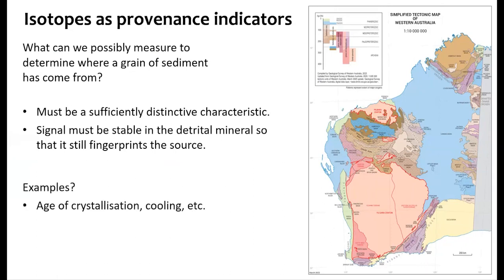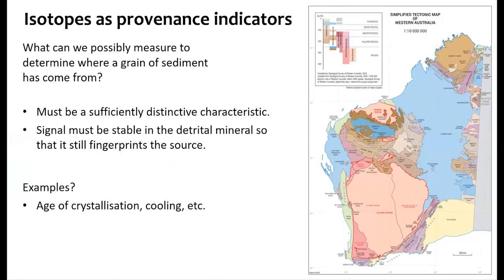So obviously some of the things we've looked at already is the fundamentals of using uranium-lead geochronology to get some sort of age of crystallization. Maybe you'll look at different mineral phases, again, the uranium-lead system, to look at maybe a cooling pathway. Maybe later on we're going to hear from Martin and hear about uranium-thorium-helium dating to get that very, very low temperature signal. But some sort of age of crystallization, cooling, something that is unique to a certain region,